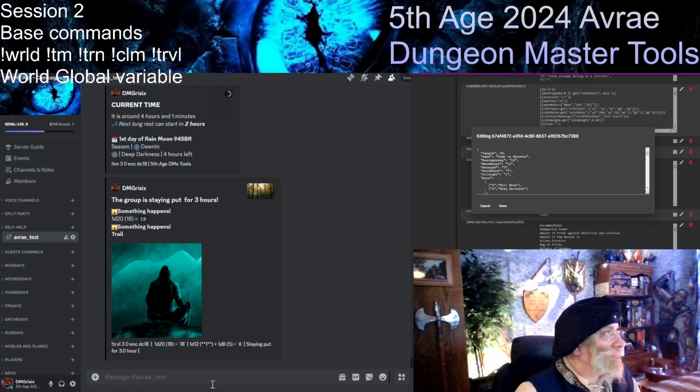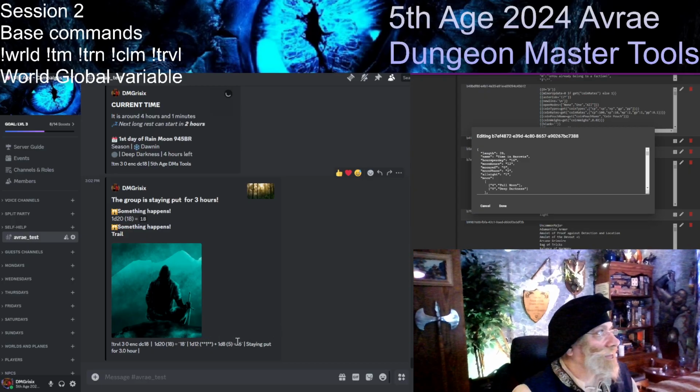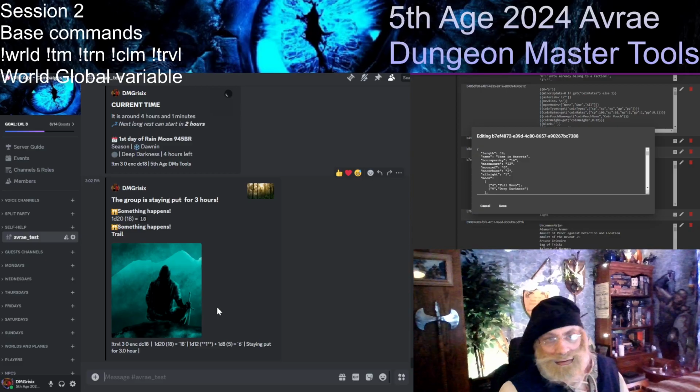Okay, so something happened. We rolled 18, so obviously something happened. Maybe one of them went a little bit further than the others and actually found a trail. There is some information here that can be useful for the DM. First, you will see the d20 result, which you see there too, but you will also see the result of the encounter roll that the world is managing. In that case, that was a result of 6. And you will see in the encounter table that's a trail.